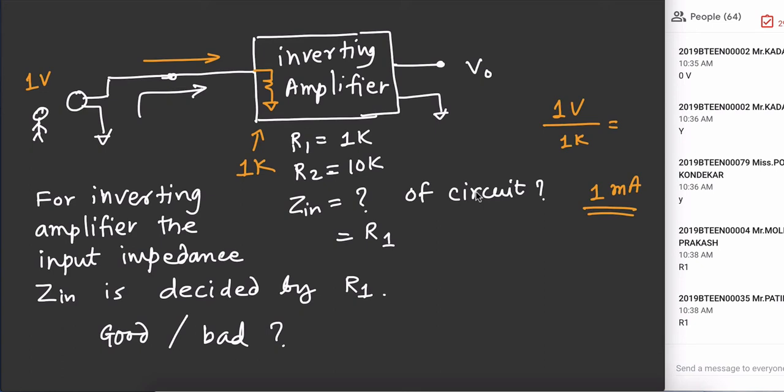Imagine yourself as the sensor. What the sensor expects is that it should supply voltage, and it is typically incapable of supplying current because sensors are tiny and small, and they are not expected to supply current. They are expected to provide the voltage signal. So if somebody tries to draw some current from the sensor, it becomes unhappy.